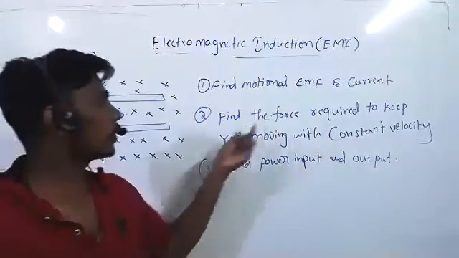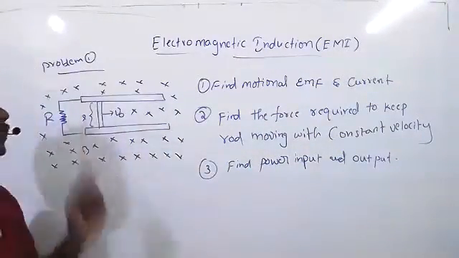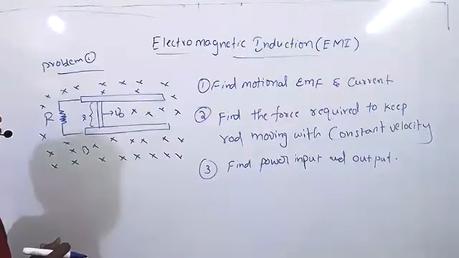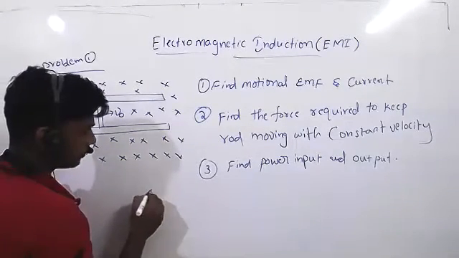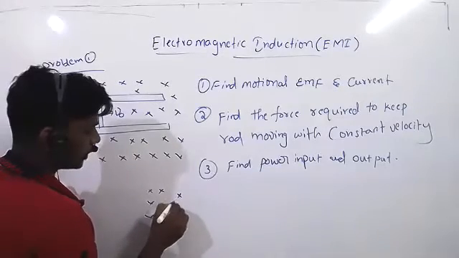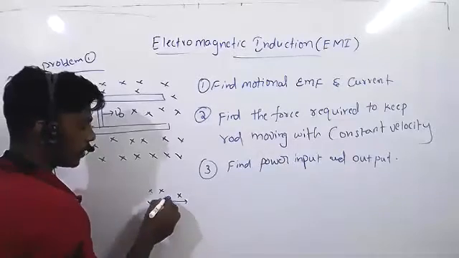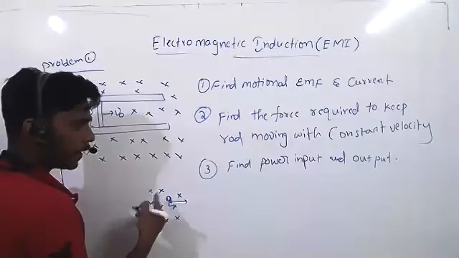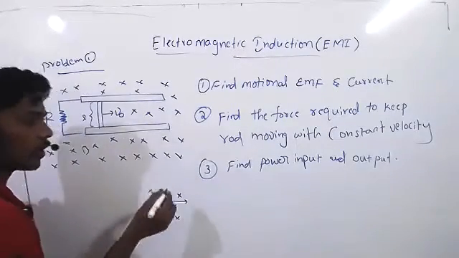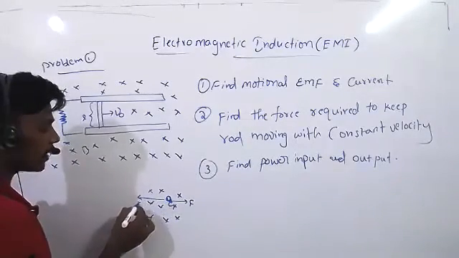Find the force required to keep the rod moving with constant velocity. So the rod should move with constant velocity. Then how much force is required? How will we calculate? Any idea? Suppose some object is moving in the magnetic field with a velocity like this. Actually it is not; suppose some charge is moving, and we are making it move. If we want to make this charge move with constant velocity, suppose in this direction a force F is acting, in the opposite direction we also have to apply some force.